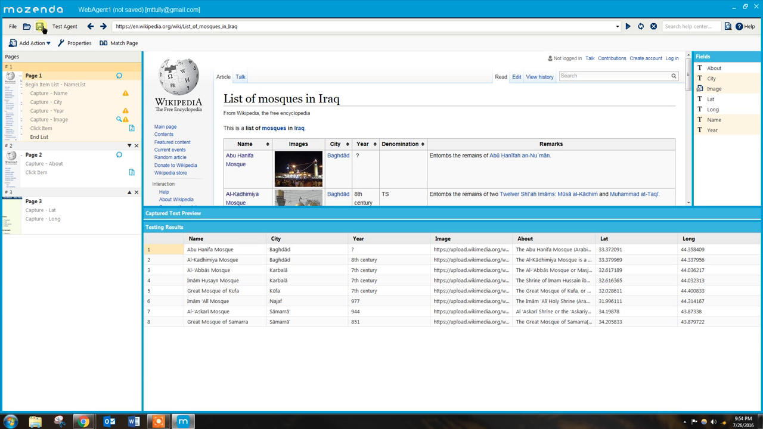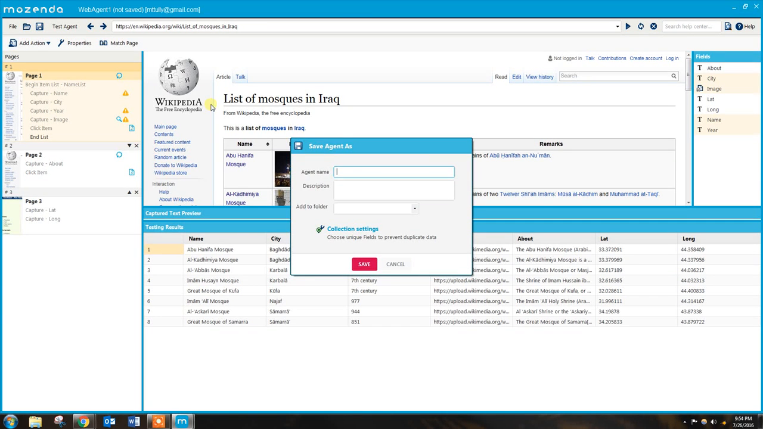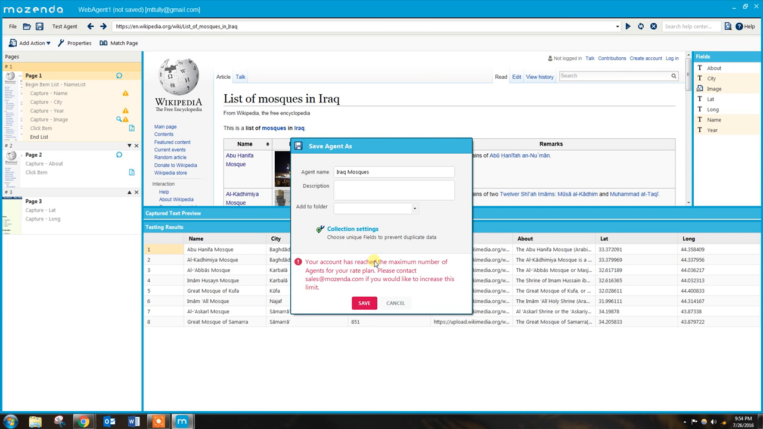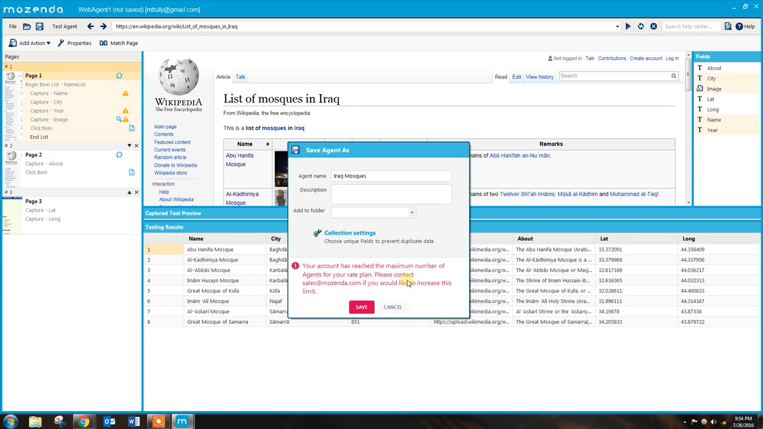and what it does is it takes us to an external, I guess it's like Mozenda's server. So I'll just name it Iraq Mosques. Save. And I actually can't get any further, because I reached the maximum account right here. But what you do once you go back into the online server, there'll be a hammer